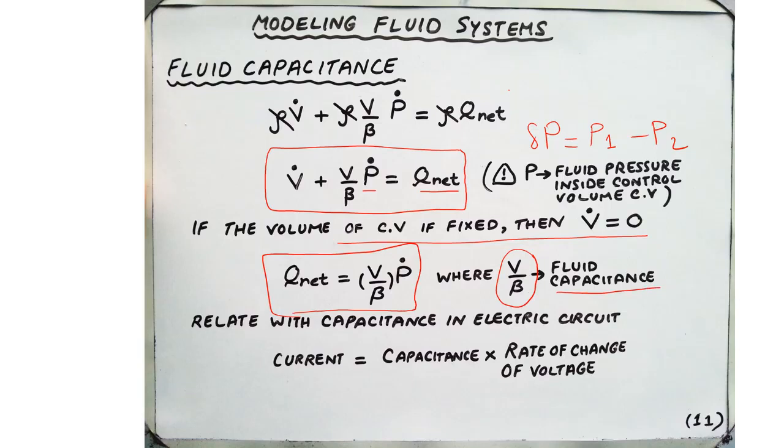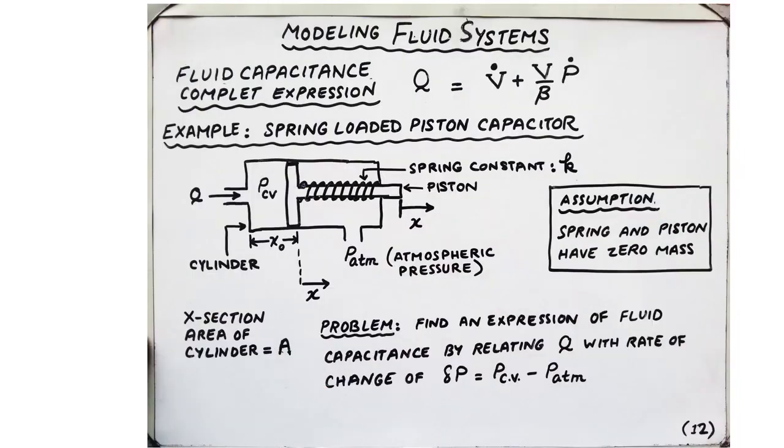by relating the rate of change of pressure, that is P dot, with the flow rate, which is very analogous to the capacitance we're familiar with, the capacitance in the electrical circuits, where the current is equal to capacitance times the rate of change of voltage. So in this analogy, the pressure will map to the voltage and the flow rate will map to the current in the electrical circuits. Let us consider an example of a fluid capacitance which will be helpful to model more